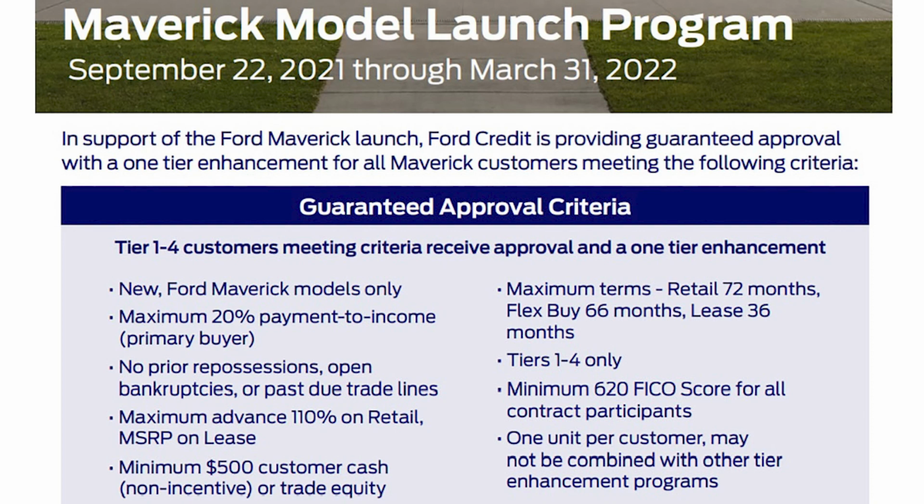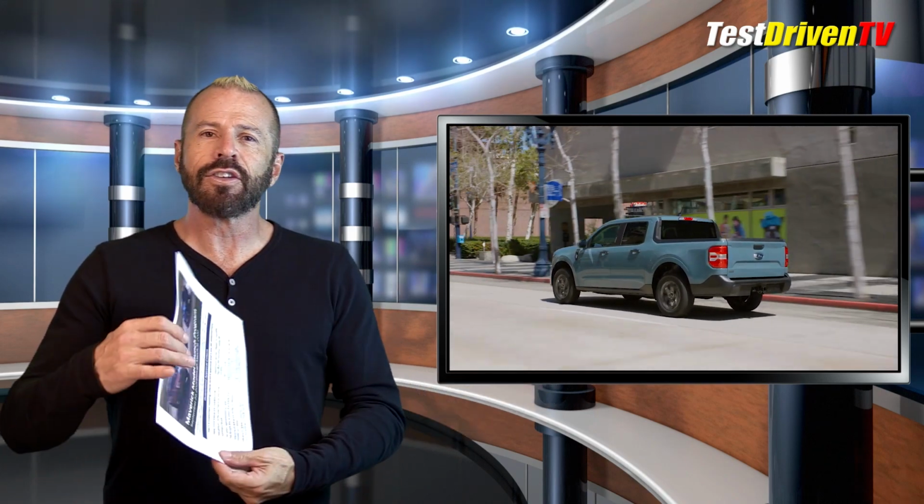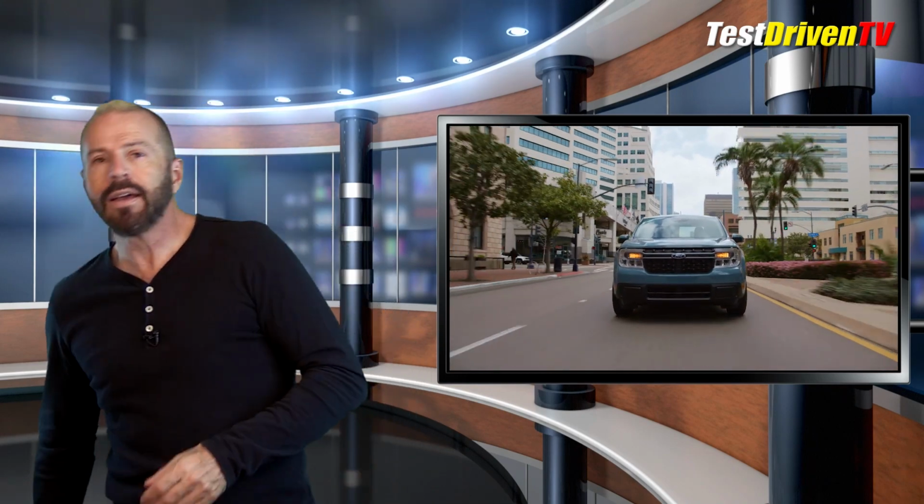This goes through March 31st of 2022, which based on the math we were doing on one of our videos earlier on hybrid delays, that's about when they're going to be catching up with all of the pre-orders for this truck. So it's definitely aimed at making sure all of those people that were in the ordering system for these trucks get the opportunity to go home with their truck and get a good deal. So I just wanted to put a little bit out there about that, but I really do think the big